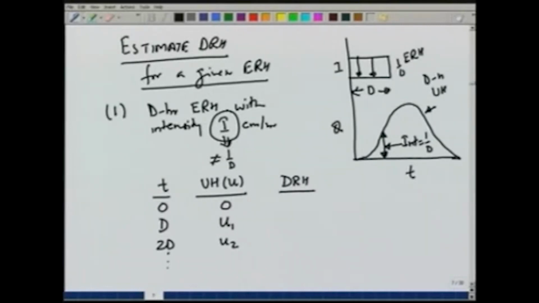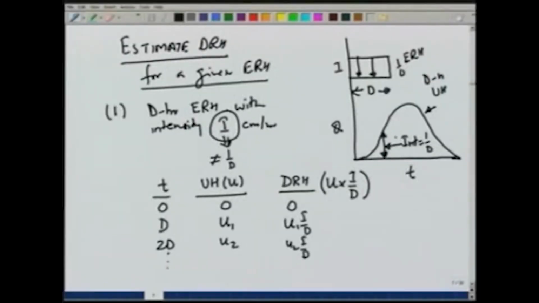Now, if a rainfall of intensity I occurs, then the DRH ordinate will simply be U times I over D, because 1 over D is the intensity for which we have the unit hydrograph, and I is the actual intensity of rainfall. So, the DRH ordinates will be 0, U1 I over D, U2 I over D, which is basically saying that this whole curve will shift up or down depending on whether I is more than 1 over D or less than 1 over D. So, if we look at a case where I is 1.5 over D,